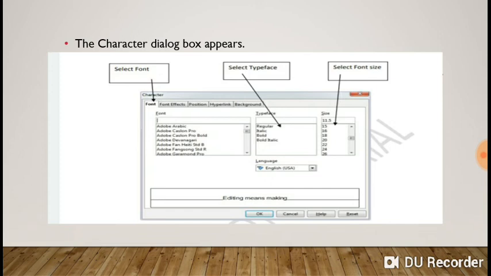Look carefully, it has different tabs. How many tabs? Yes, it has 5 tabs. These are number one, Font, Font Effects, Position, fourth Hyperlink, and fifth Background. So these are the 5 tabs of the Character dialog box.